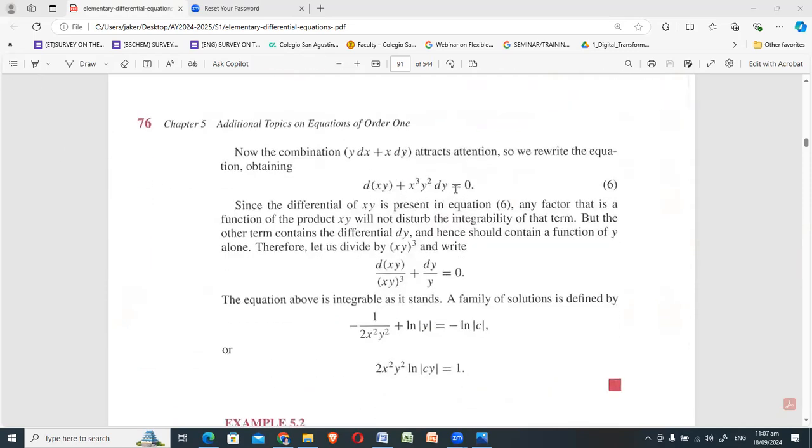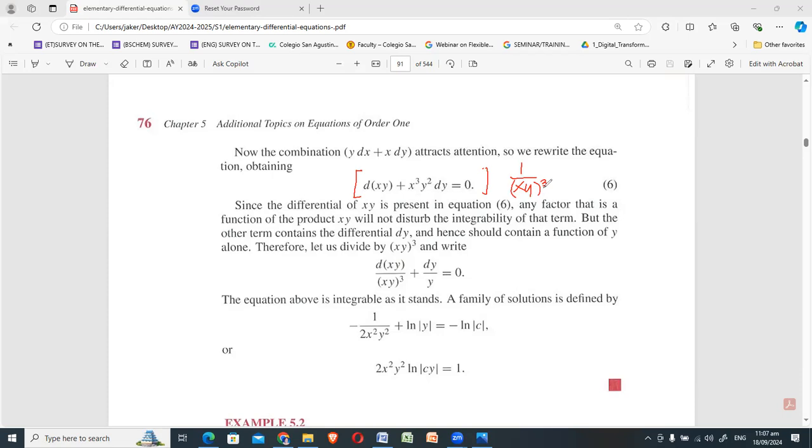You already have this, right? You want this one taken out of here, but you cannot simply divide by x cubed. So since you cannot divide by x cubed, and you intend to make this still integrable, you will divide not only by x cubed, but also y cubed. Or you will multiply your original DE by 1 over xy raised to 3.